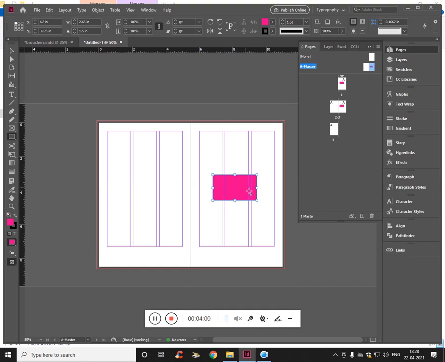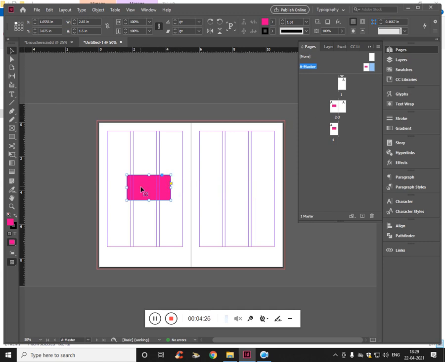The first page will have it, the second page will not, the third page will have it. If I move it over to the left side, as this is a master page, it will be copied to all the relevant left side pages. So 2 is the left side and 4 is the left side. So this is applicable to both sides.